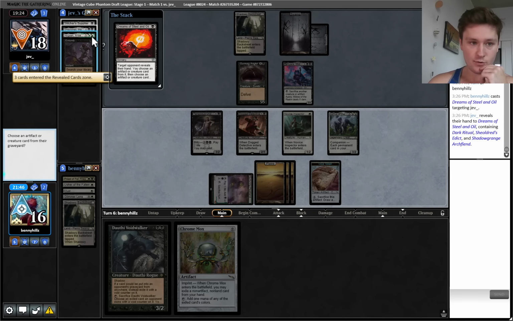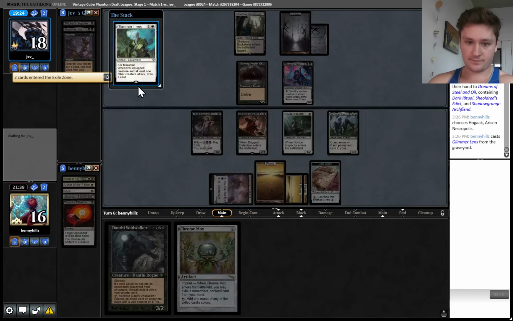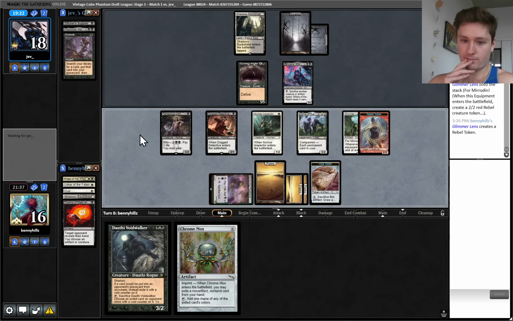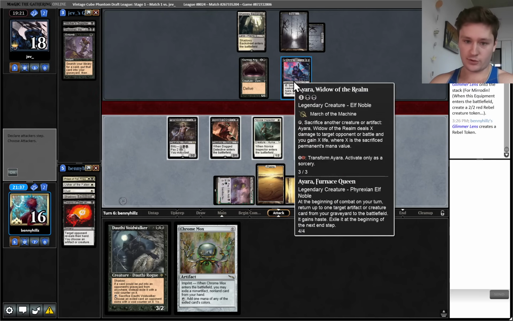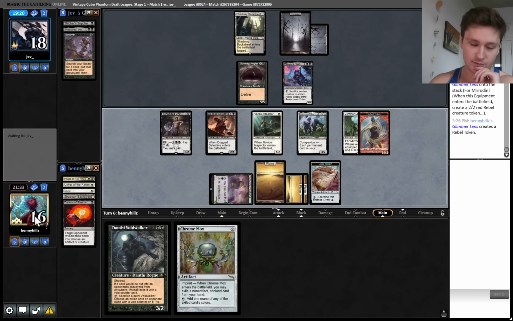Exile this and Hogak. Then we'll cast Glimmer Lens. And we still don't have any attacks, but we have just a huge board presence. This can deal damage only to players, so they can hit us for 7. We want to make sure we don't just randomly die to this Ayara, but